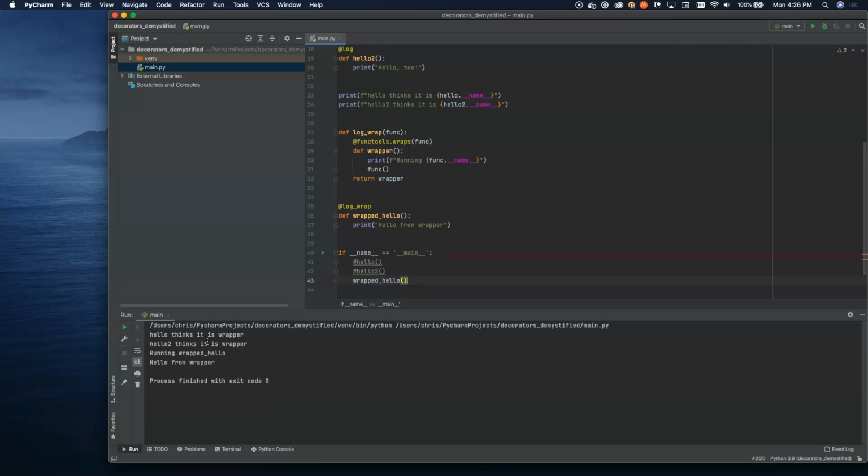So when we do this, hello. So we still have the prints happening up here. Okay, so we're calling hello from wrapper, and now if I take this print up here, and I copy this down after wrapped hello,